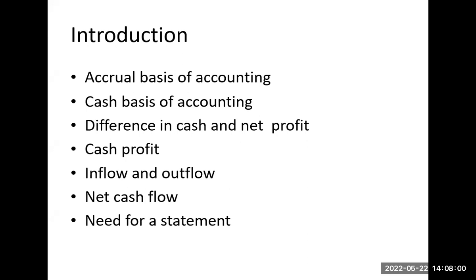What's the meaning? 10,000 was there at the beginning of the current accounting year, or at the end of the previous accounting year. The current accounting year closing balance is 1 lakh. 10,000 has become 1 lakh. The change is 90,000. Another company,